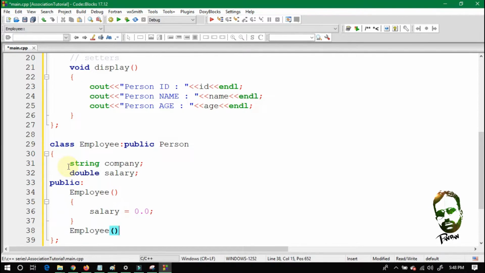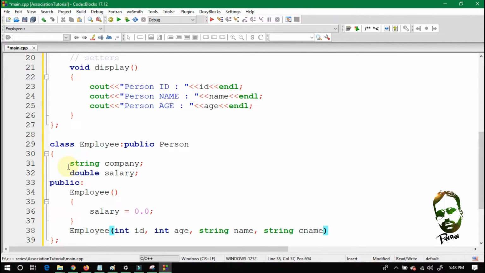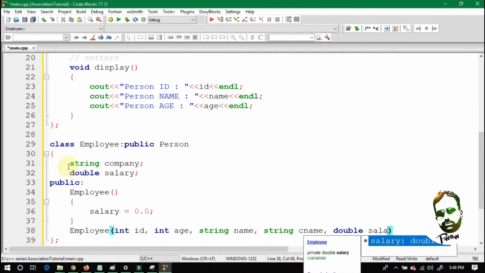So here is the employee overloaded constructor in which you pass the person ID, person age, person name, company name, C name, and double salary.